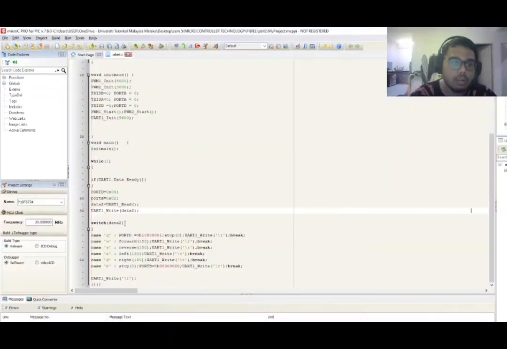For this part, I will explain the coding that is embedded inside the PIC microcontroller. As for my part, I will explain case Q and also case W. As for case Q, when the virtual terminal receives a Q input, port D, that is D0 and D7, will give input 1, which is equivalent to 5 volts,